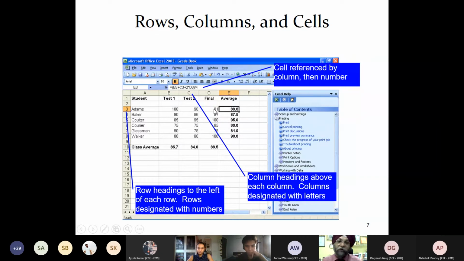In order to give this more weightage, it is considered twice the marks of the other tests, and accordingly it is divided by 4. So you get the average out of 100 that has been scored by that particular student. Adam's average marks are this. In this way we are going to calculate.